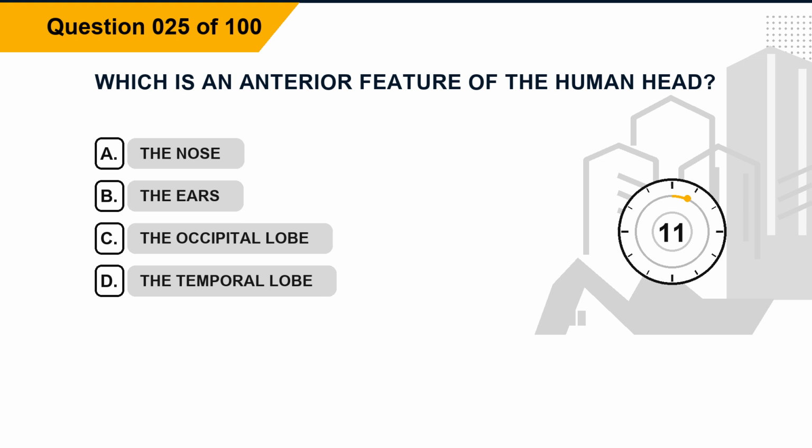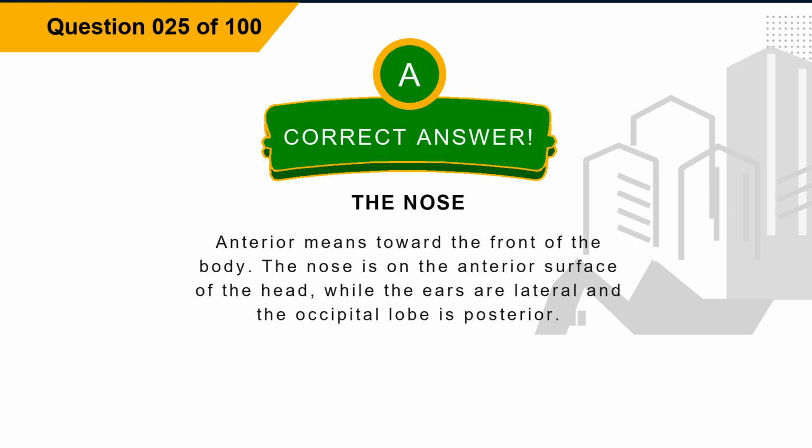Question 25. Which is an anterior feature of the human head? Option A, the nose. Option B, the ears. Option C, the occipital lobe. Option D, the temporal lobe. The correct answer is option A, the nose. Explanation. Anterior means toward the front of the body. The nose is on the anterior surface of the head, while the ears are lateral and the occipital lobe is